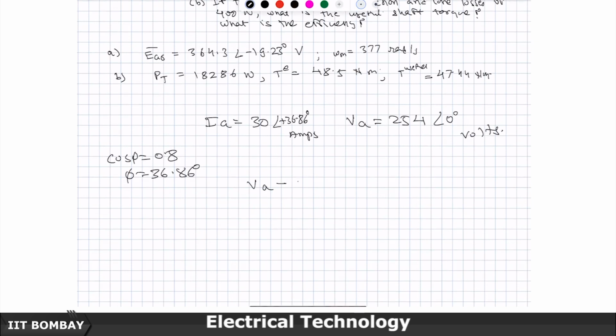VA minus jXS IA is equal to the terminal voltage EAR. Here I have used the EAR and ET are one and the same. So now 254 angle 0 minus j